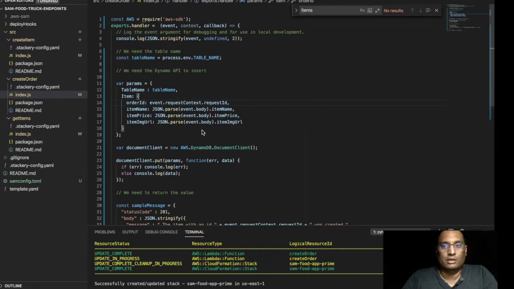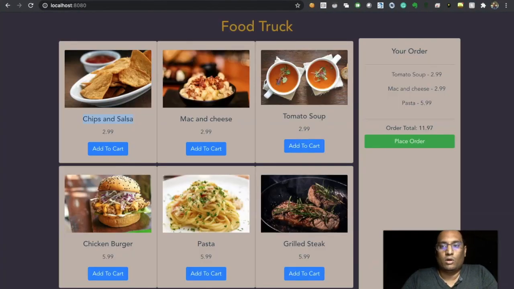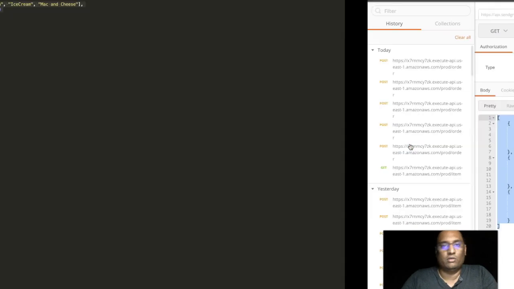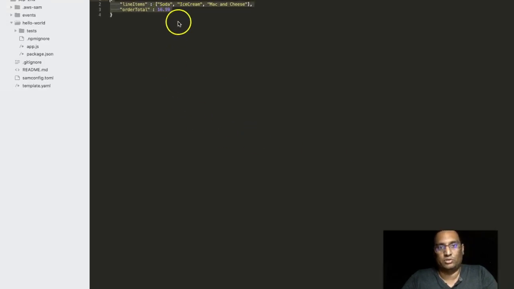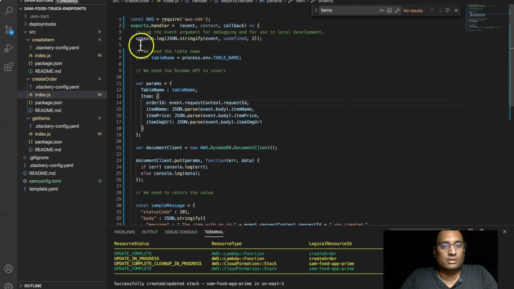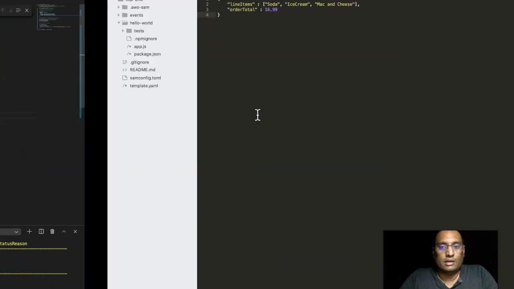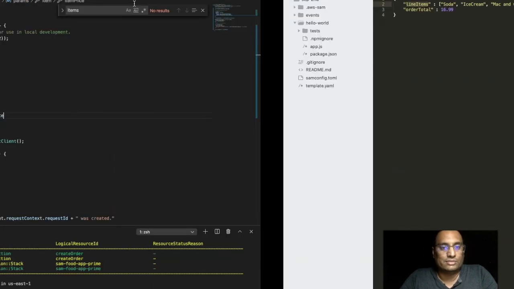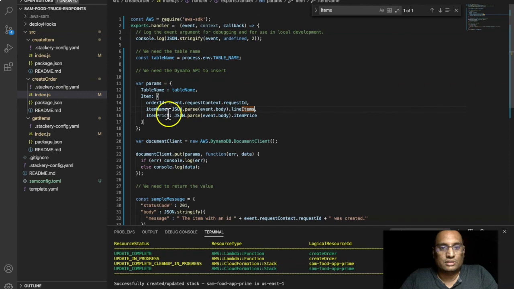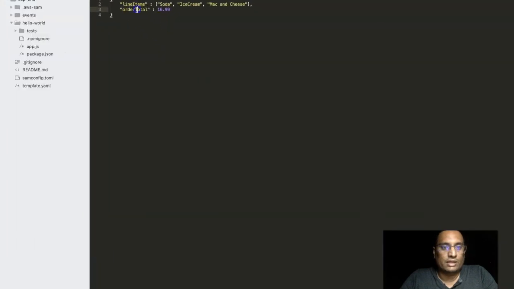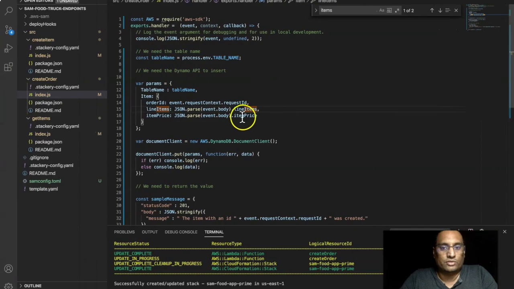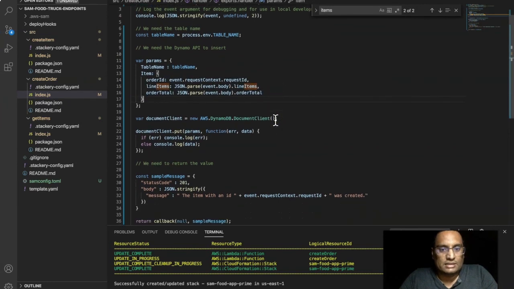This is our sample message that we will be sending from the order screen. When someone clicks the place order button over here, we're going to execute this. We're going to capture those things in line items and order total and send it over to the API. Now that we have this, let us go to the function. We have only two properties. We don't need that, and this comes really handy, right? So line items, we're going to select the line items. We're going to name it as line items, and then we have the order total. The request body will be having order total, and this will be order total.